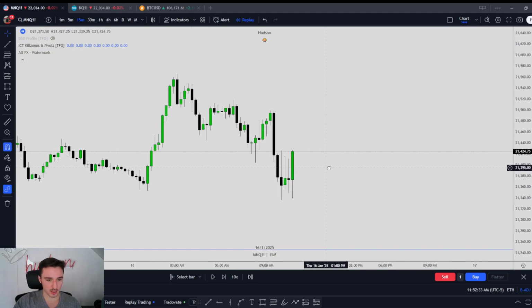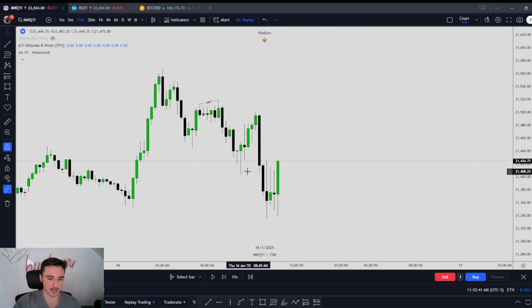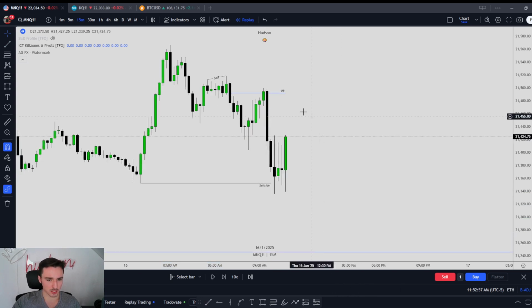So if we take a look here, the reason I wanted to short this is because coming into the morning, we had an SMT at these highs right here, right? And then coming into open, 9 a.m. opens right here, we traded up into this bearish order block. Right, so we were trading into a bearish 15-minute order block. So I wanted to see us come down to this sell side. Right, so just a quick little scalp.